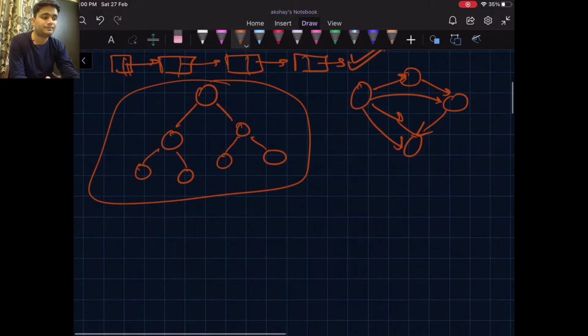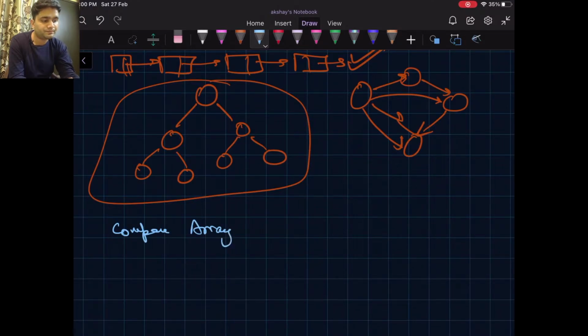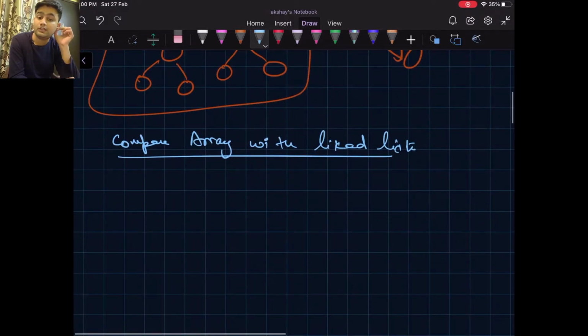Okay, so how is this linked list different from array? Let's compare array with linked list. Both array and linked list are linear data structures.